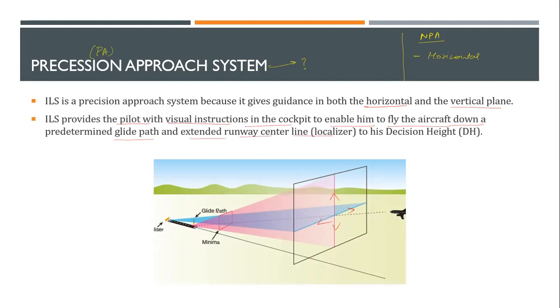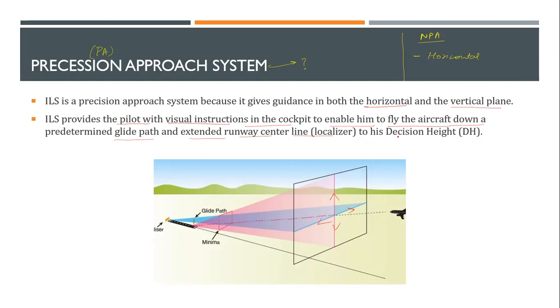Now, what are these things? We'll explain one by one, but you can see this line that is extended from the runway center, that is known as the extended runway center line. Always, the instructors you will be flying with will ask you to fly on this particular line, the extended runway center line. Why? Because this is the desired glide path, and we'll discuss this more.